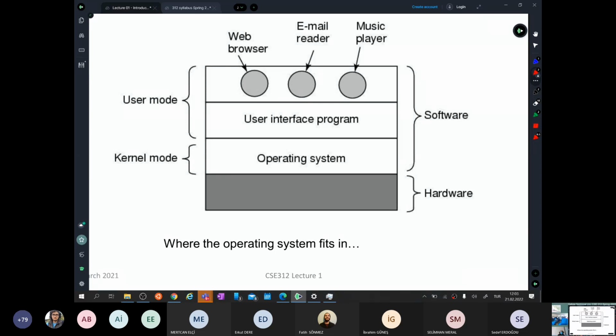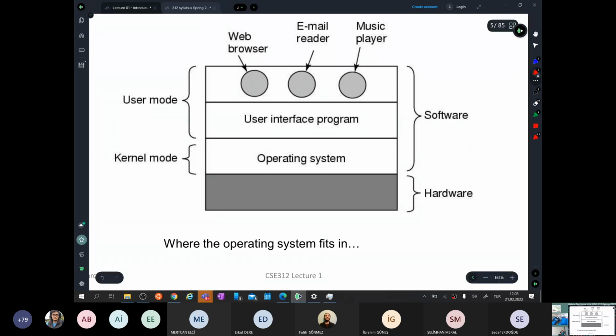If this web browser, before this 40 millisecond time, asks the operating system to do something, for example, the web browser says that it has been 10 milliseconds, I am running this, but I need this data from the disk. Operating system, please bring that data from the disk. Now the operating system